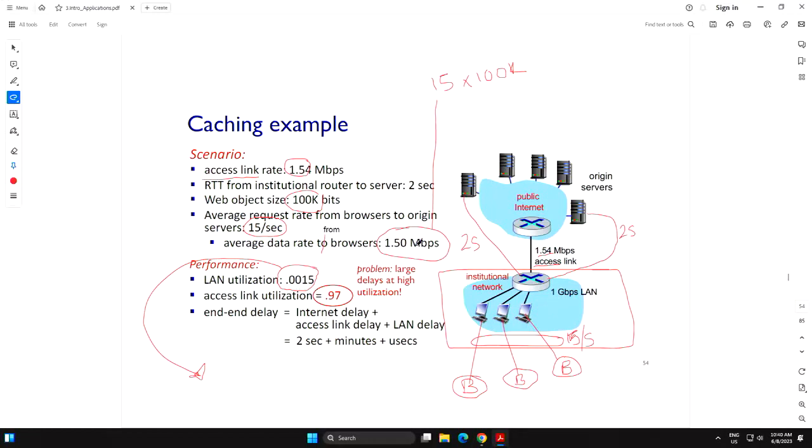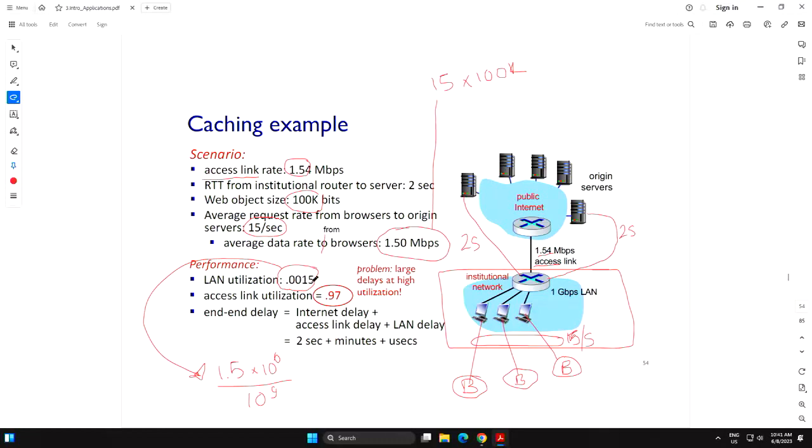So how did I get it? You see the amount of traffic that you will generate, the web traffic is 1.5 megabits per second. So it's 1.5 times 10 to the power 6, right? Divided by 1 gigabit per second. So if you do this maths, then you see it's 0.0015 LAN utilization.